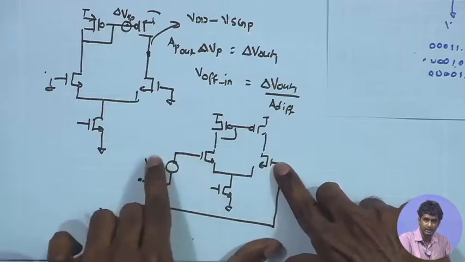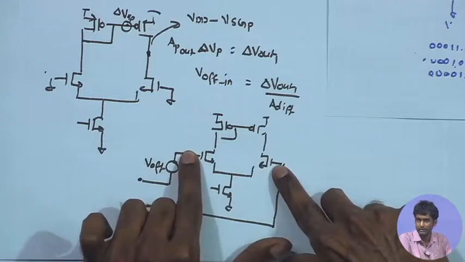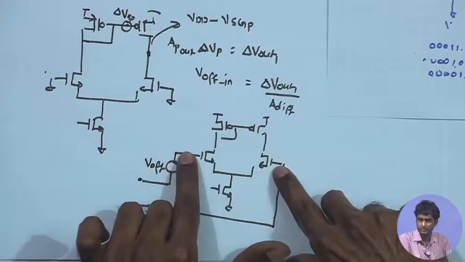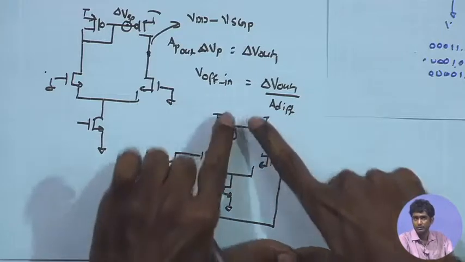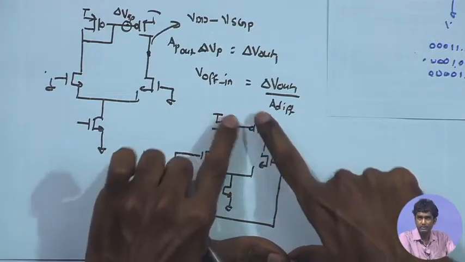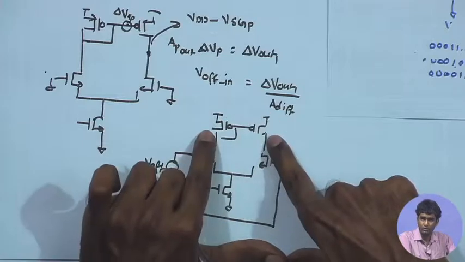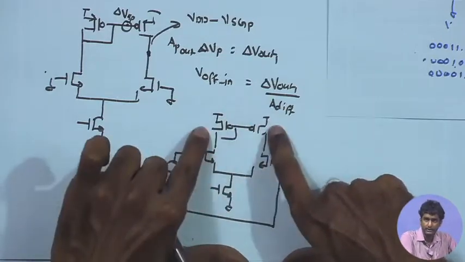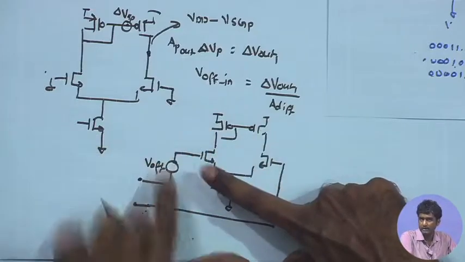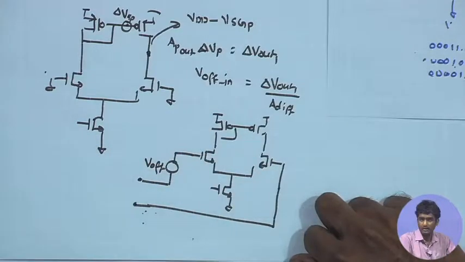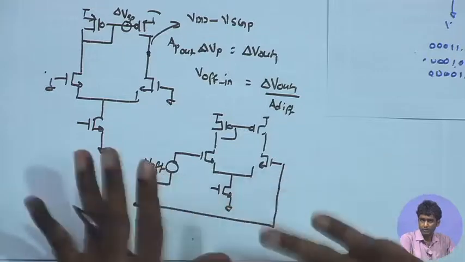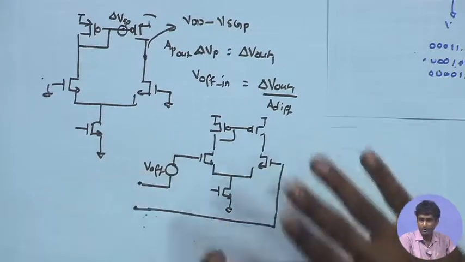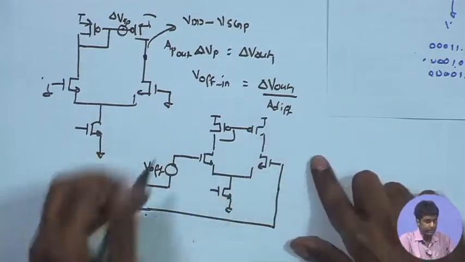They are anyway directly coming at the input because there is anyway the input device. Whatever is the delta Vt mismatch over here, it appears as it is over here. For the output, the load devices, we are first calculating the output change because of a particular delta V over here, and then referring it to the input by dividing that delta V out by the gain of the first stage. So, this is the essential concept of the offset or the input referred offset,